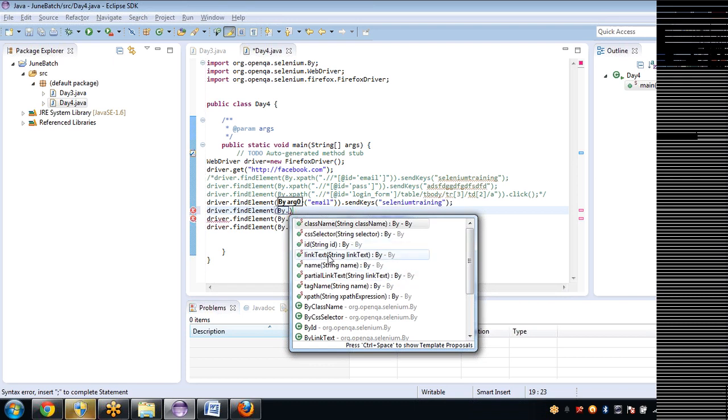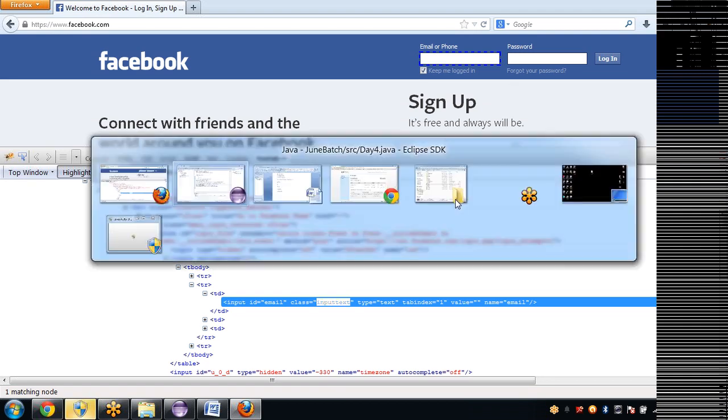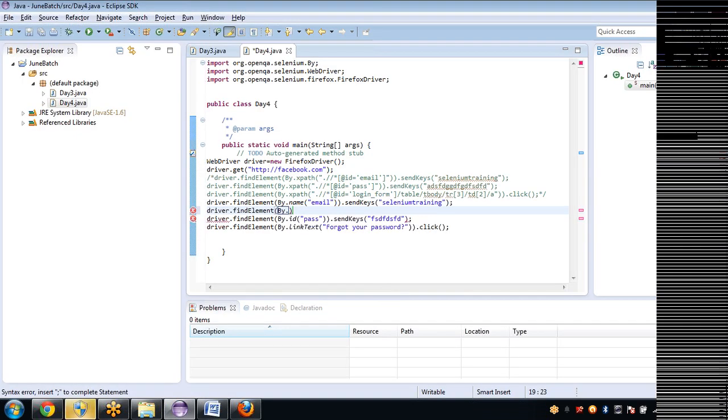We have seen ID, link text, name, and partial link text, which is just the same as link text. The only difference between these two is if you are not sure about the entire text, you give just "forgot your" by saying partial link text, and it will click. That means I am giving the partial link text here in this page.